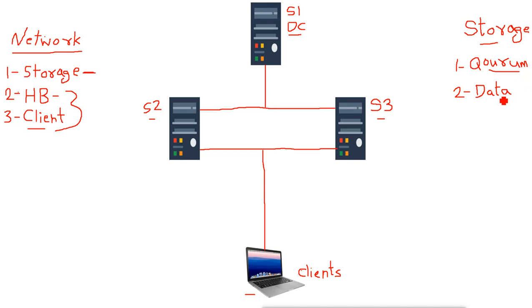We need a compulsory storage for the quorum. Now what is quorum? We will discuss what it is and what it is used for. So for quorum, we need a separate storage. We don't need much storage, 1 GB is enough, because it only stores the details of the quorum and does not have any data there. We can have at least 512 MB, or go up to 1 GB, but not more